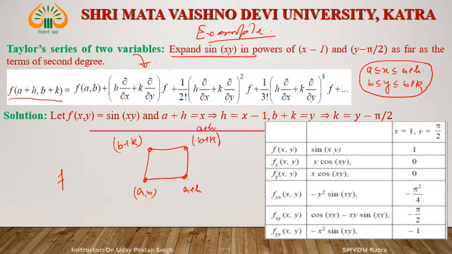Then the Taylor series expansion f of a plus h, b plus k is equal to f of a, b